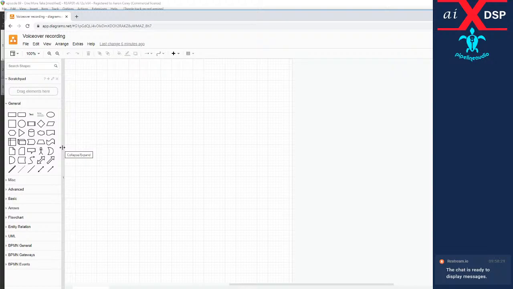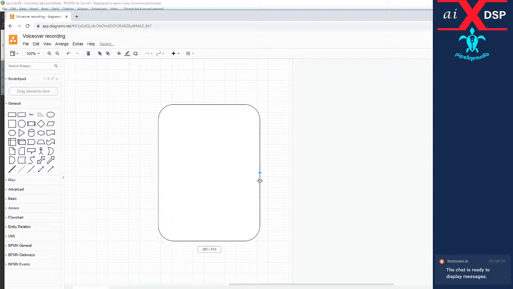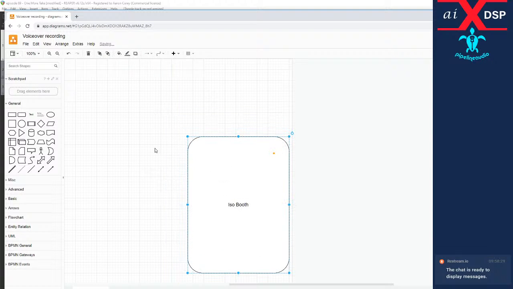So I got a call, and I do these things from time to time. I got a call where, maybe I should just draw this out. So let me make a rectangle. So we're gonna have in the booth, isolation booth. I'm just gonna say ISO booth. Hopefully you can see that. Maybe I should make this a little bit bigger. Yeah, there we go. So in the ISO booth, we're going to have a guy doing a narration for a